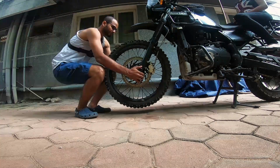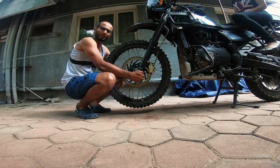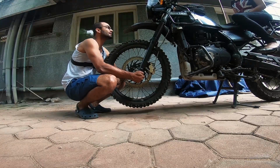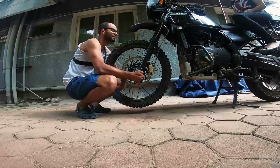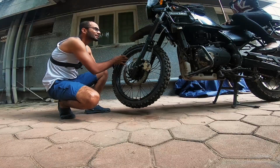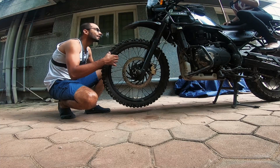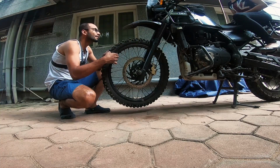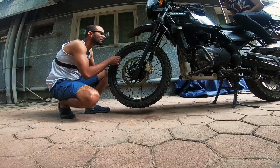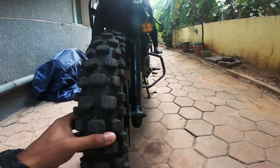Lean back. That's perfect. Absolutely perfect. No noise, no nothing. And also to see if there's anything wrong with my steering, no notches. No notches